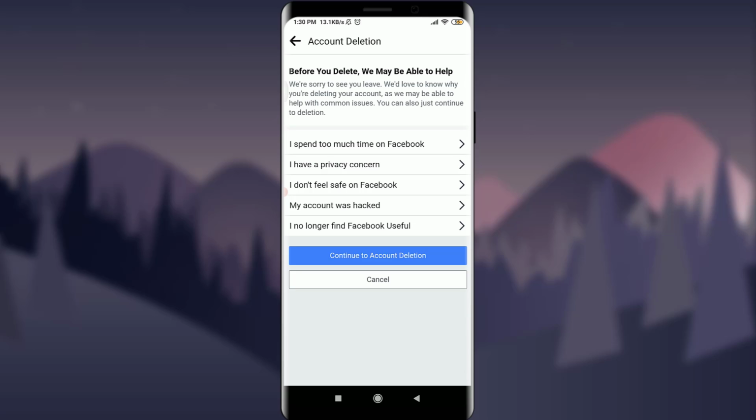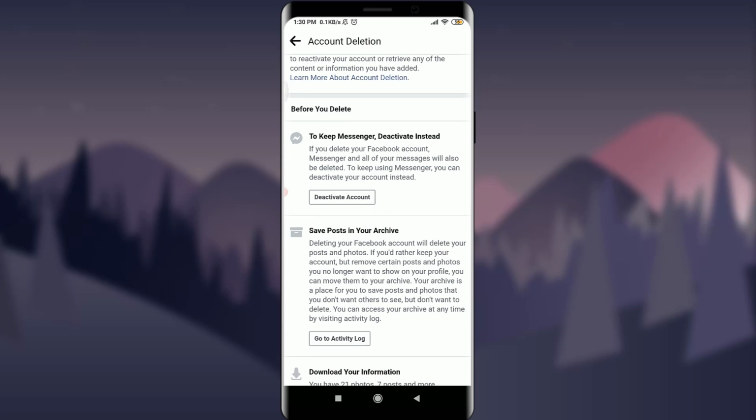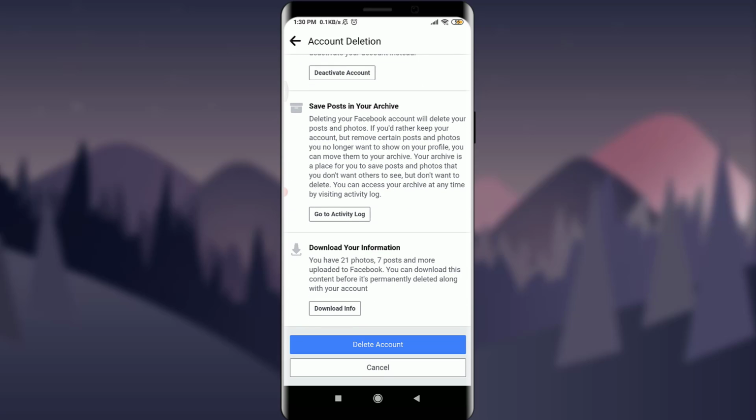So before you delete, they're asking if they may help. But if you want to continue, you can tap on Continue to Account Deletion. You can see that this is a permanent deletion option. So they are just giving us an option of deactivating our account or saving posts in our archive, or even